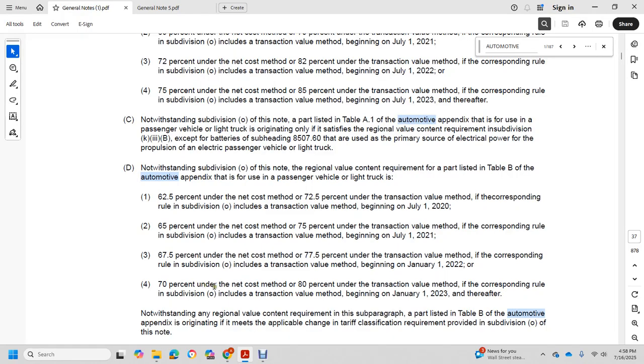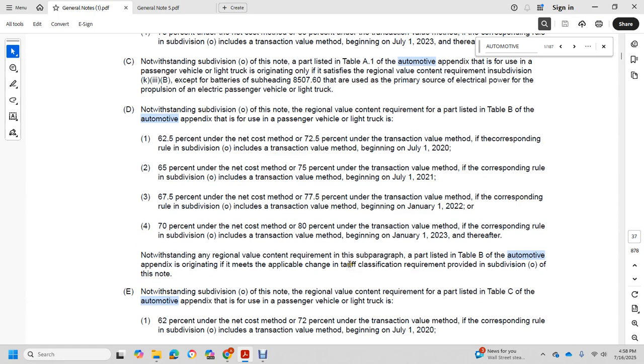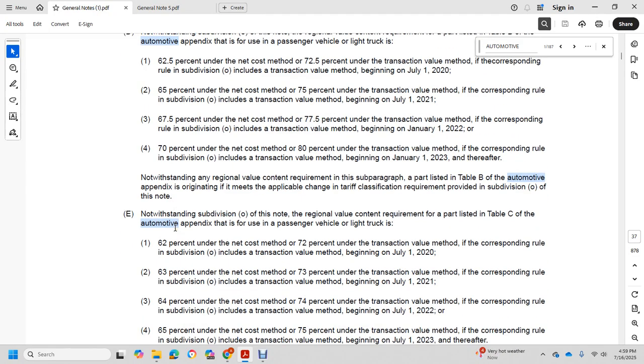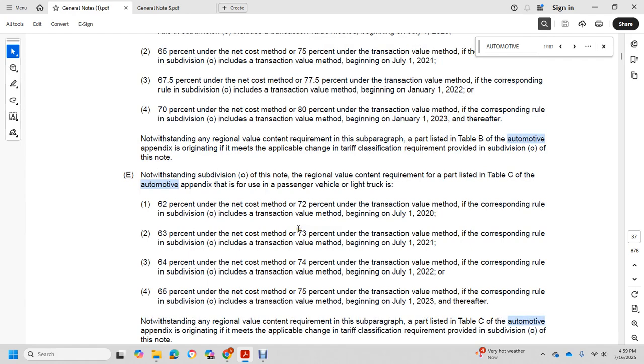Corresponding rule subdivision include transaction value method beginning January 1st, 2023 thereafter. Notwithstanding regional value content requirements of subparagraph apart listed in table B of the automotive appendix originating meets the applicable change tariff classification requirement provided in subdivision O of this note. E, notwithstanding O of the regional value content requirement of parts listed in table C of the automotive appendix for use of the passenger light vehicle. And then we're going to go,